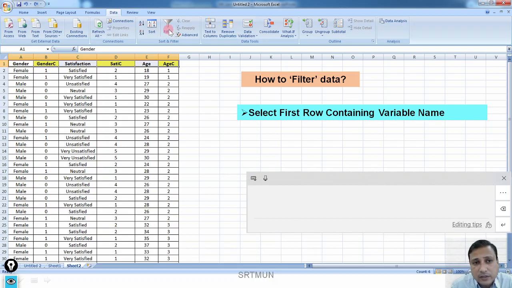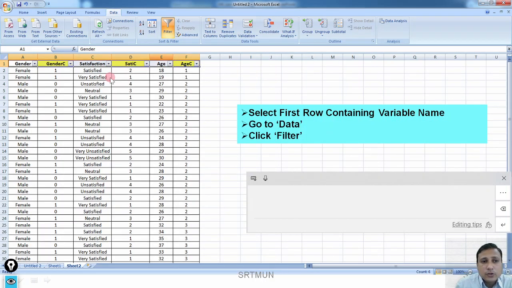Simply you will have to click here on the filter. If I click here on the filter, you can observe that the design of these cells in the first row gets changed. Here in each cell there is one arrow. Now suppose I go to the satisfaction variable, this satisfaction column, and I press on this